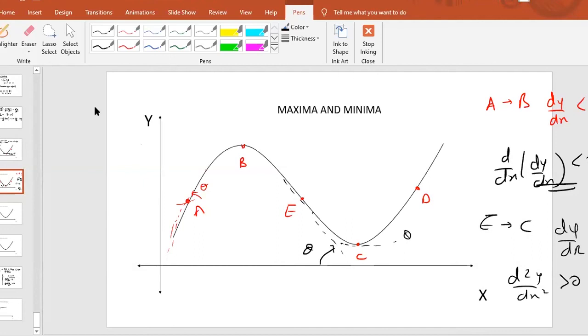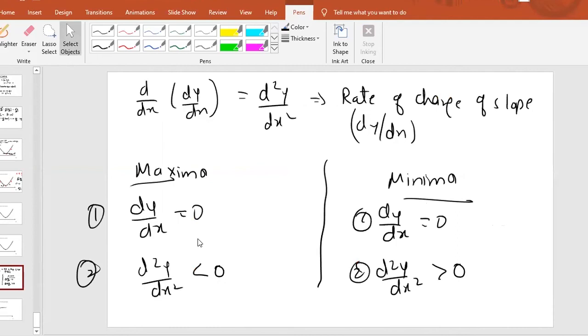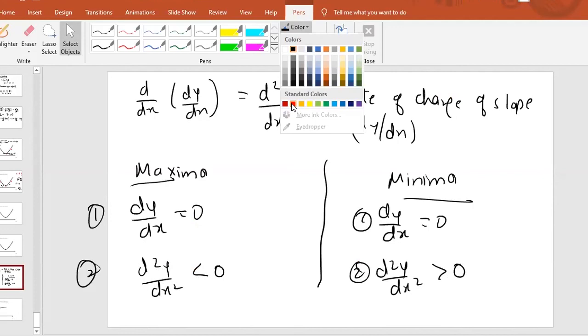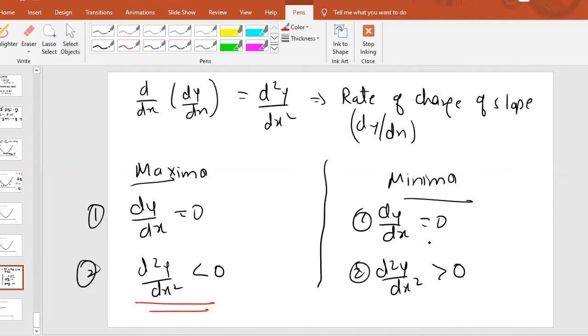So I just explained to you. You don't need to go into the basics. Just remember this condition which I have told you. For maxima, first of all, dy by dx should be 0. For both minima and maxima, the first condition will be satisfied. The second condition is if the double differentiation of y with respect to x square is less than 0, then it is a maxima condition. If it is greater than 0, then it is a minima condition. Only you need to remember this concept. If you can understand the basic concept behind that, then it is well and good. Otherwise, you just remember these two conditions, one and two. Fine.